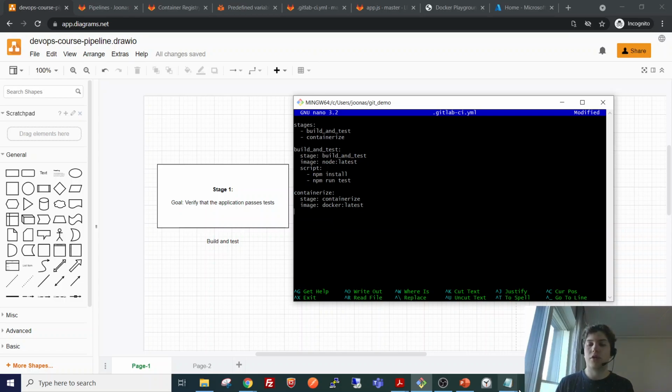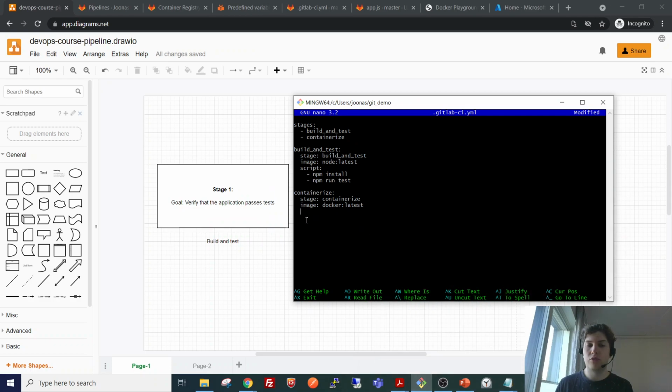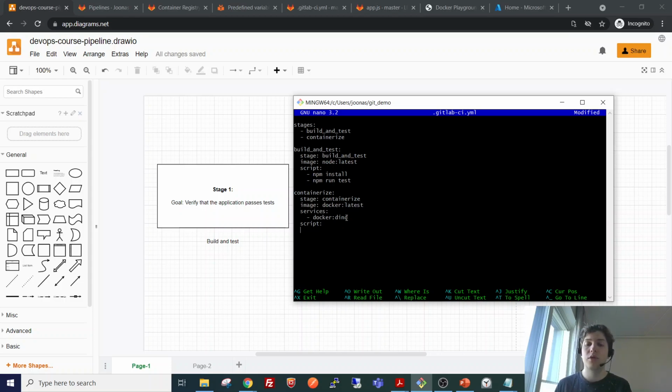And also another thing that we need to add is this kind of a service in order to have Docker accessible inside the scripts. This is a detail that we are not going to focus on. The important thing to know is that we need these two configuration options in order to have Docker as a command available in the script section of the pipeline.